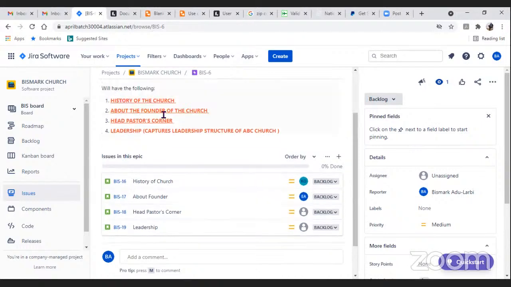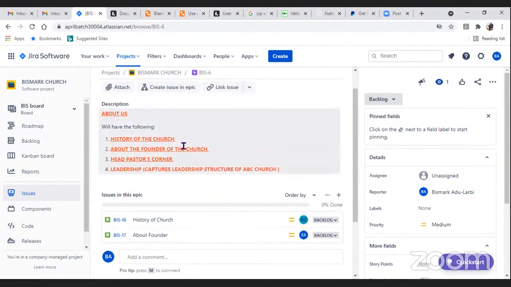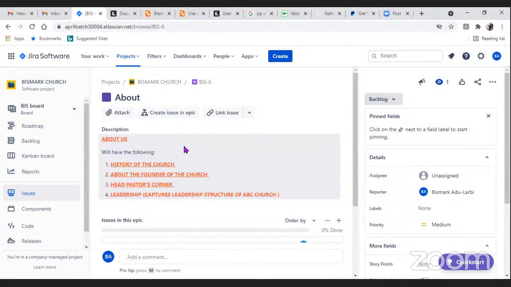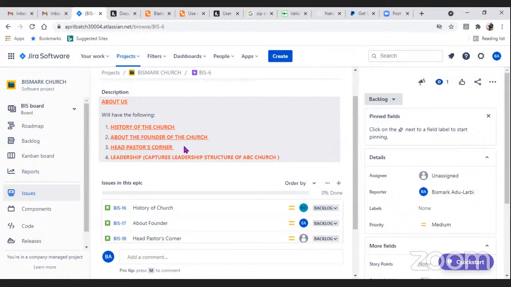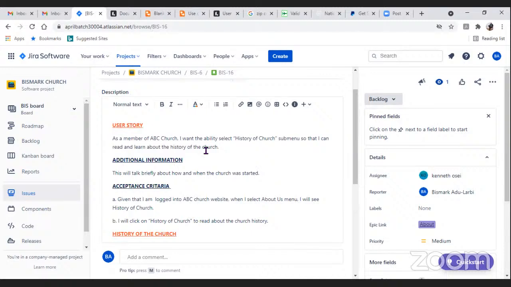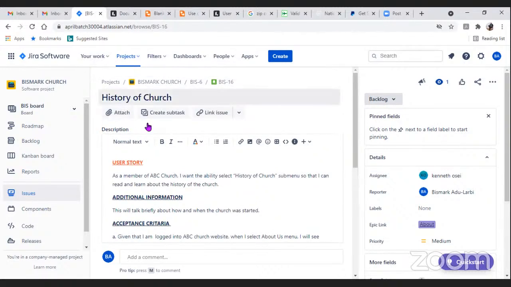Mr. Chris, for example, Bismarck, please go up. Let's just say we have history of the church, about the founder of the church, the head pastor, and the leadership. Can you write maybe two to three sentences under each of them before you come and do the user stories? You want to introduce, can you give a brief of what this is? Go back to the previous one where you have the